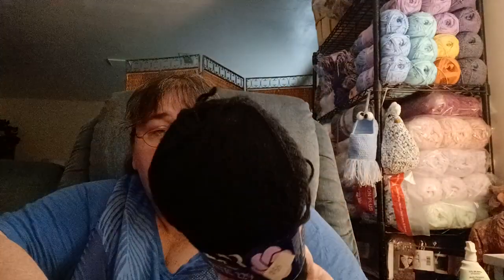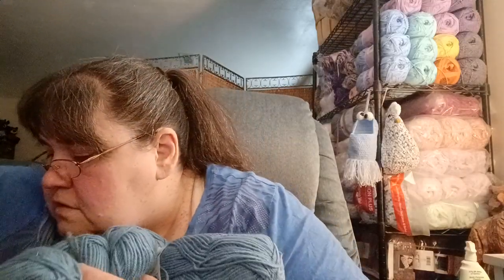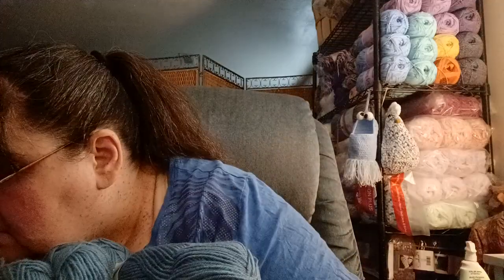The other one I have in here is called Fildar's Pronsonic 2229, which is probably another 50-gram ball, which it is, and it says it's 80% acrylic and wool. It's a little black ball. Like I said, it's a number 3 is what it says it is. So I got that. And I have 1, 2, 3, 4, 5, 6, 7, 8 balls